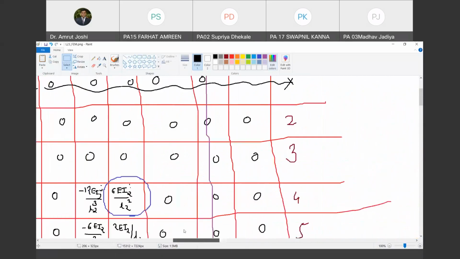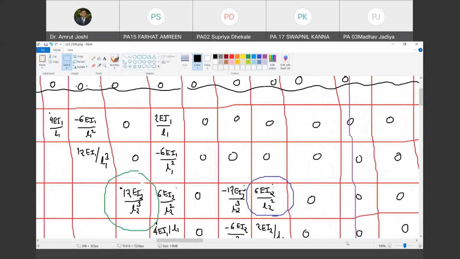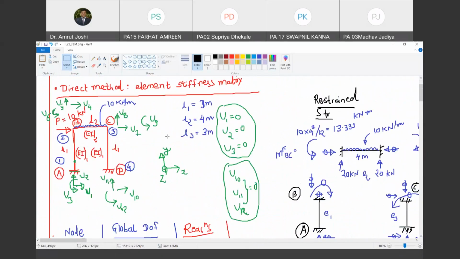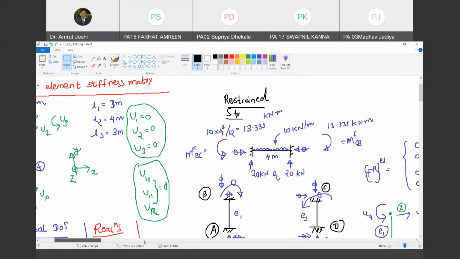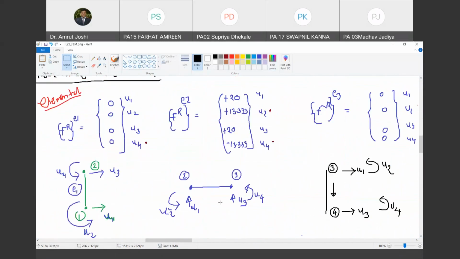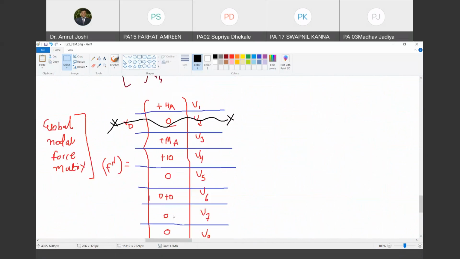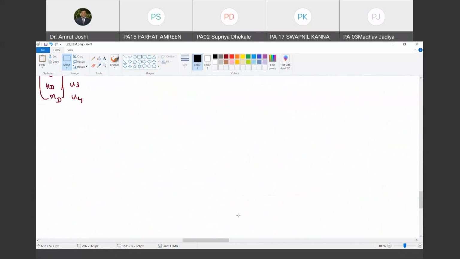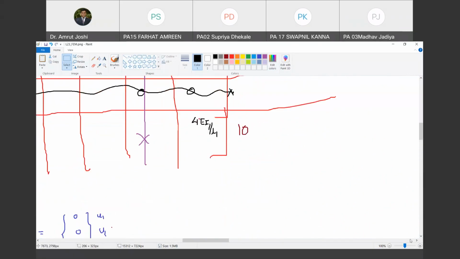In last class, what we have done is we have formulated the entire problem by assembling element stiffness matrices, element restraint force matrices, and element nodal force matrices. What is the outcome? The outcome is we know all the nodal displacements that we took as unknowns. So we had solved for that. Let us look at the values.